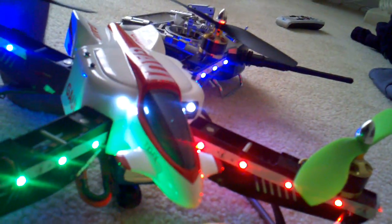So folks, this is a tutorial on how to set your auto leveler on your Quadrino